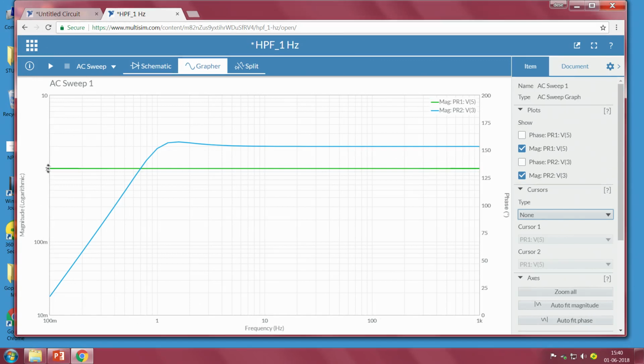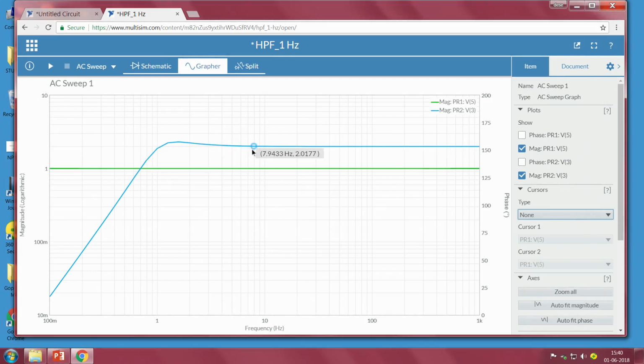No matter what frequency you are at, the input always has a magnitude of 1, whereas the output depends upon the frequency. It is slowly increasing and at one particular point it has become 2 dB. Now, if I want to calculate the cutoff frequency of this filter, the characteristics look like our high pass filter characteristics. So, whatever we design is also a high pass filter with one edge cutoff frequency.